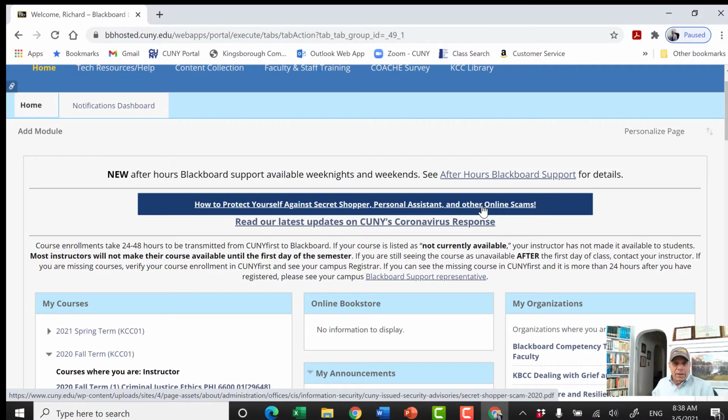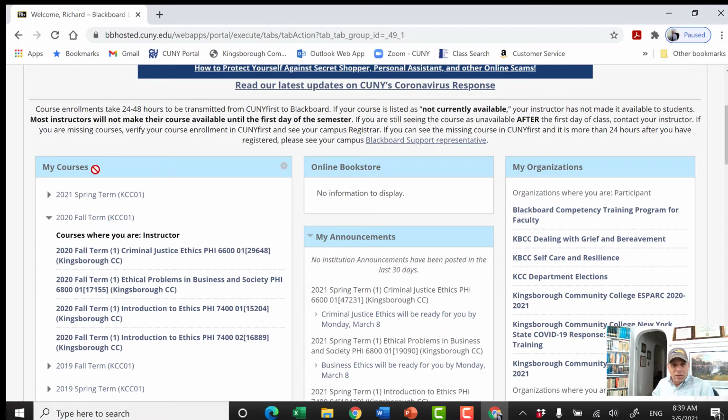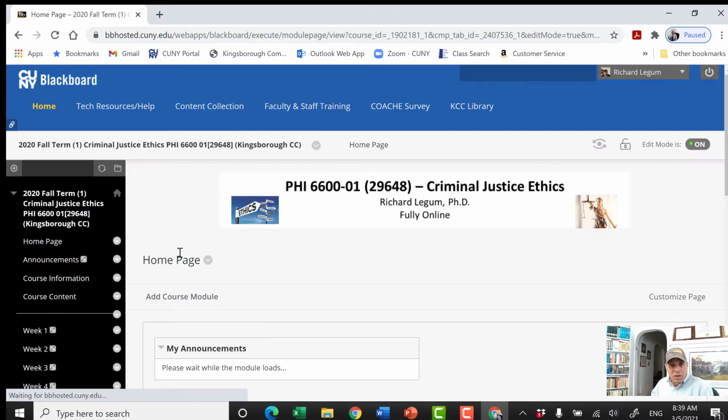I get this, and this is the page you come into in Blackboard. Notice you're on Home in Blackboard, and notice it says My Courses. Yours will probably say something about the courses you're taking here. It says Courses where I'm an instructor, and I'm just going to pick one of these at random to give you an idea what my courses look like, because I arrange them more or less all the same. Let me pick the first one, Criminal Justice Ethics. I know this semester I'm teaching only ethics: criminal justice ethics, business ethics or ethical problems in business and society, and 2 sections of Introduction to